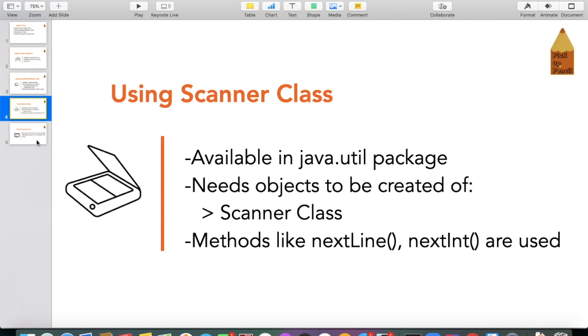So right now we are looking at using the Scanner class. Again, the Scanner class is available in the java.util package, right? And in order to access input via the Scanner class, we need the object of Scanner class, just one object we need. And then we can use methods like nextLine, nextInt, etc. There may be some more methods. So let's go and look at the example of how we can really access the